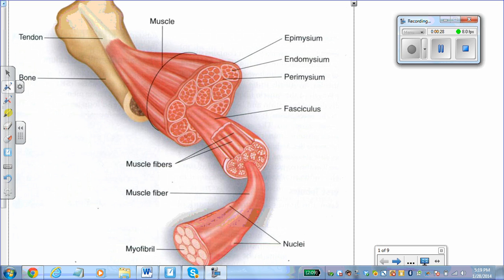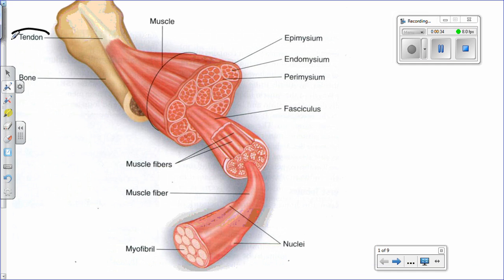So let's start off. Here's a muscle, as you can see, attached to the bone. Remember that tender tendons, right? Muscles tend to be tender. Tendons attach muscle to bone, whereas ligament is going to be bone to bone. In this picture, you can see that we have the major muscle. Maybe this is a bicep brachii or tricep brachii, but we have a muscle, and the muscle is made up